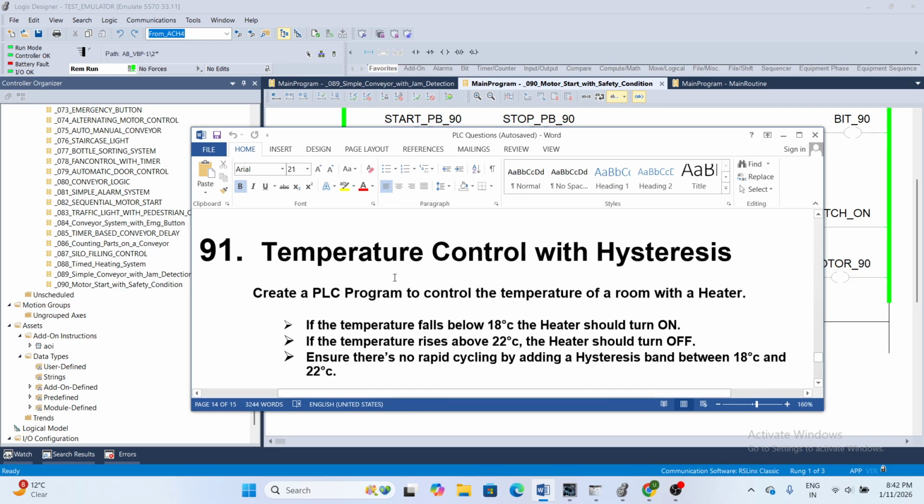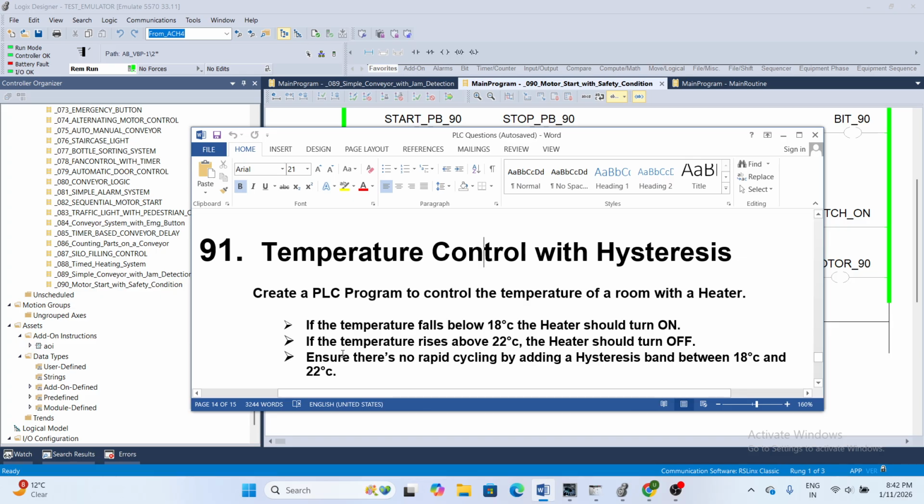There are 3 points. I will discuss them one by one. If the temperature falls below 18 Celsius, the heater should turn on. Means when the temperature is below 18, the heater should turn on. If the temperature of the room goes above 22 Celsius, then the heater should turn off.